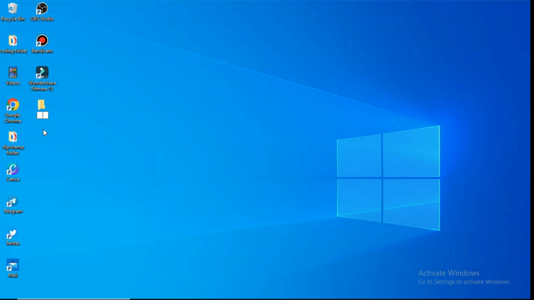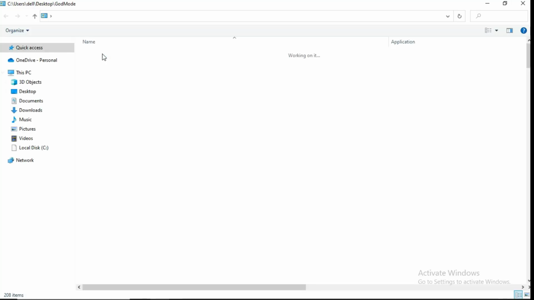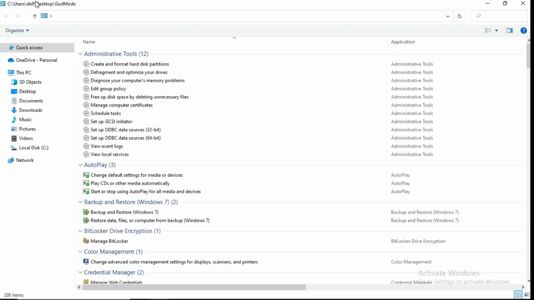Now all you have to do is rename it. I'm just going to delete that, press Ctrl V, and press Enter. You can see that it has changed like a Windows taskbar icon, and it says see a list of all program tasks. So if I open it, you can see it right here. It says Windows